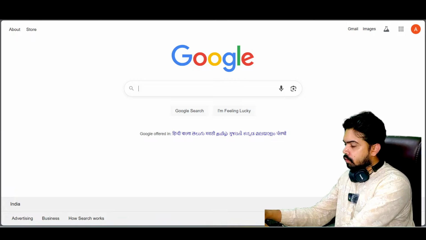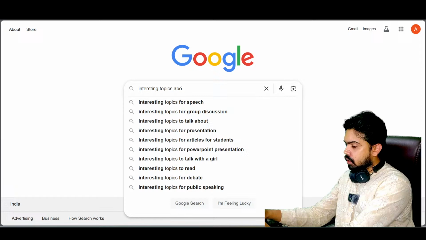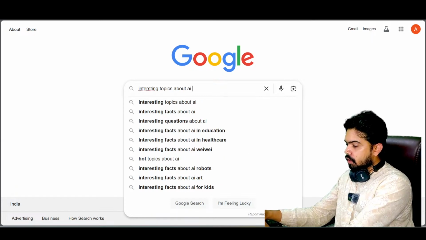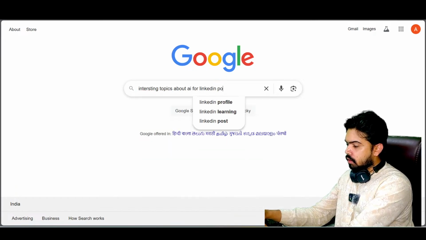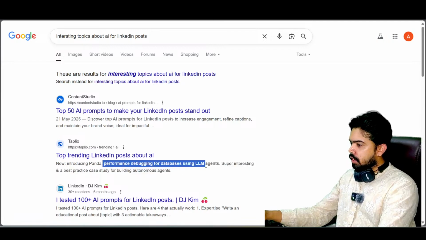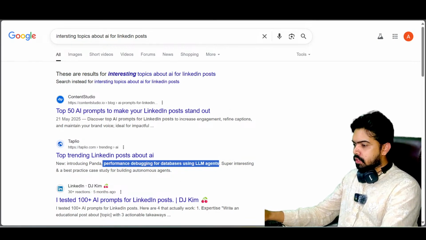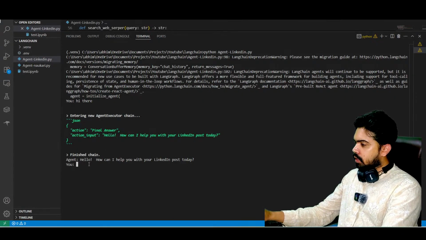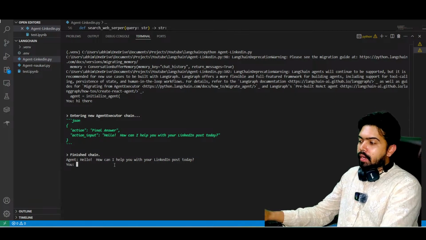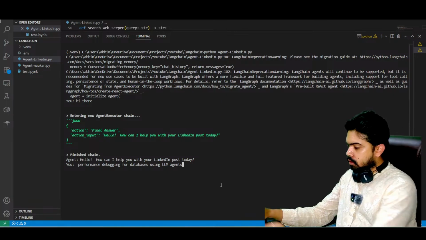So what we can put down, interesting topics about AI for LinkedIn posts. A top trending post about AI is performance debugging for databases using LLM agents. Yes, this sounds pretty cool. This sounds nice and interesting. Let's go with that. So it is asking, hello, how can I help you with your LinkedIn post today. I'm going to say for this topic,